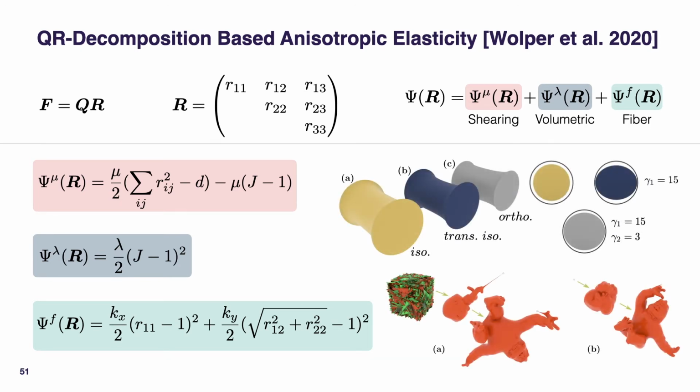In this way, we enable AnisoMPM to model all modes of anisotropy by simply setting these gamma values. At right, we pull on some anisotropically elastic tubes and display their cross-sections. Notice that the isotropic tube contracts the same in every direction, the transversely isotropic tube shows less compression in the principal fiber direction, and finally, the orthotropic material shows that we can further scale the secondary fiber direction for less